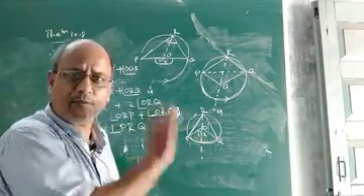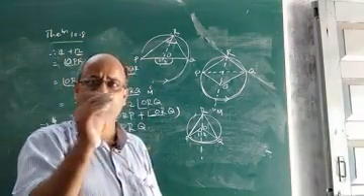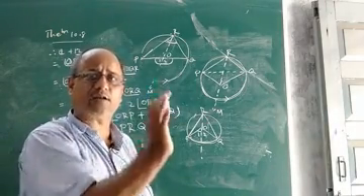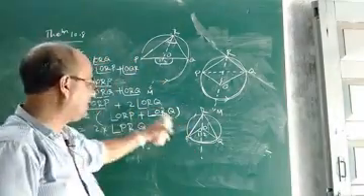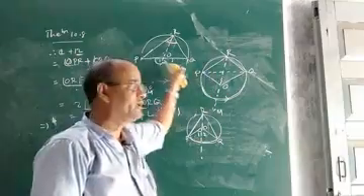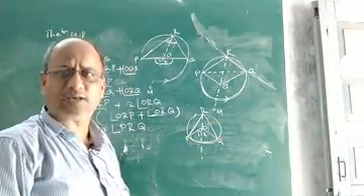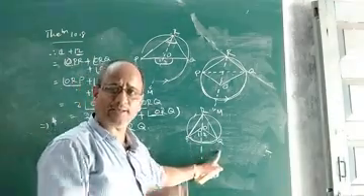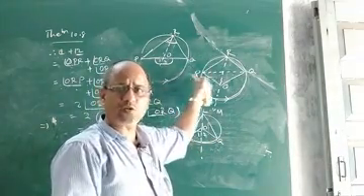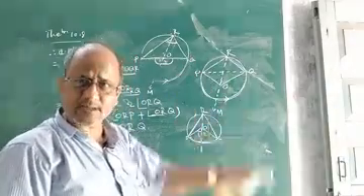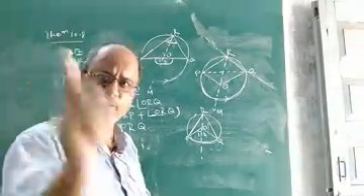We are considering the proof of this theorem only for minor arc PQ. When PQ is a minor arc, how to prove that the angle subtended by this minor arc at the center is double the angle subtended by the same arc on the remaining part? If it is true for the minor arc, it will automatically be true for the other two cases, when the arc is a semicircle and when the arc is a major arc. There is no need to prove those; you can prove it for one case only, that is the minor arc.